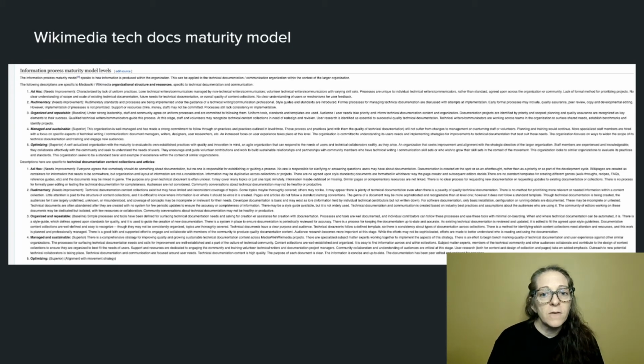We have two tech writers at the foundation, and we meet periodically throughout the year, usually around planning cycles, quarterly. We meet biweekly just to kind of discuss what's going on with docs. And at those times, sometimes we'll look at the maturity model. And then we look at it more formally at quarterly cycles and at yearly cycles. We ask questions like, where were we? Where are we? Where do we need to go?